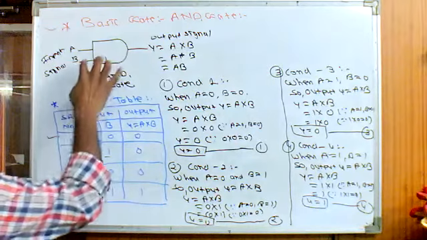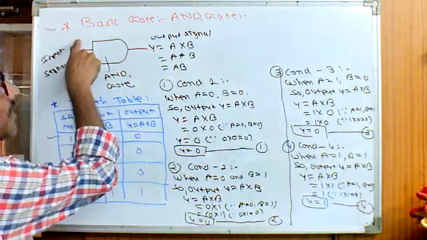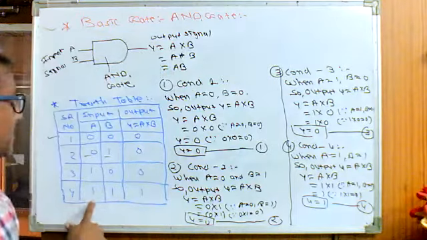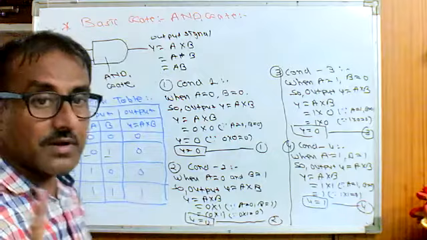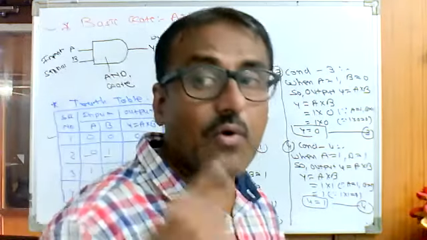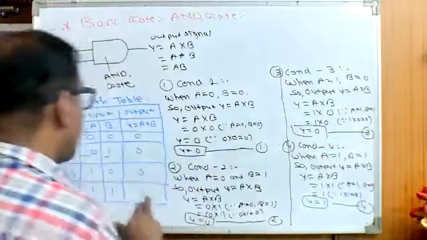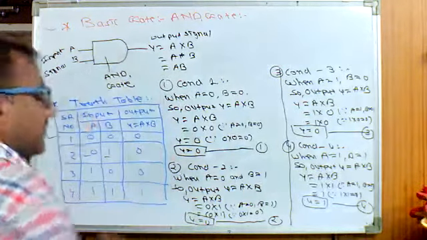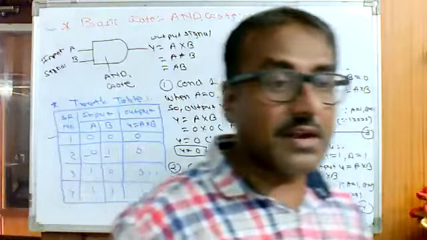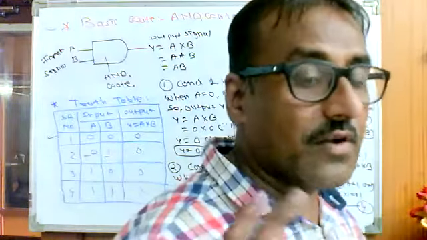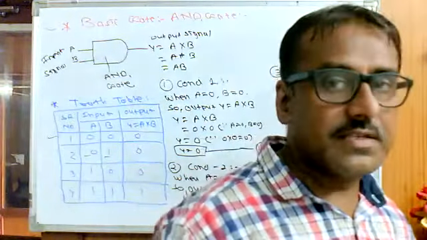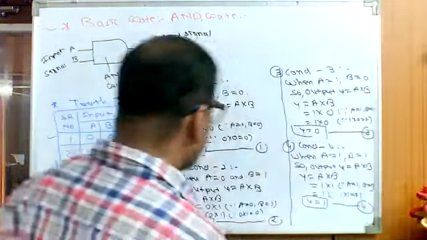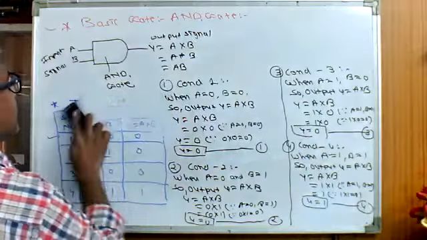The definition of an AND gate is two or more input signals, but only one output signal. All inputs must be high. All of A, B, C, D, all inputs must be high to get a high output. The OR gate is a parallel switching circuit. The AND gate is a series switching circuit. Like this one, the circuit diagram of the AND gate.